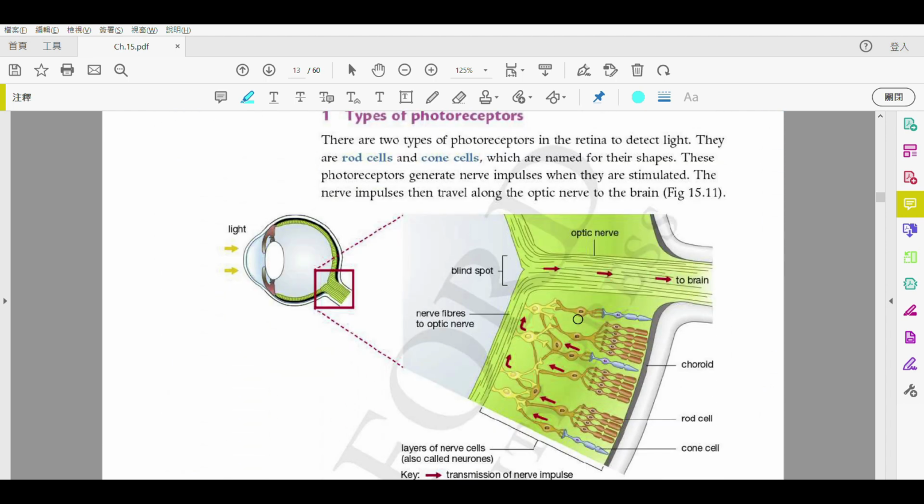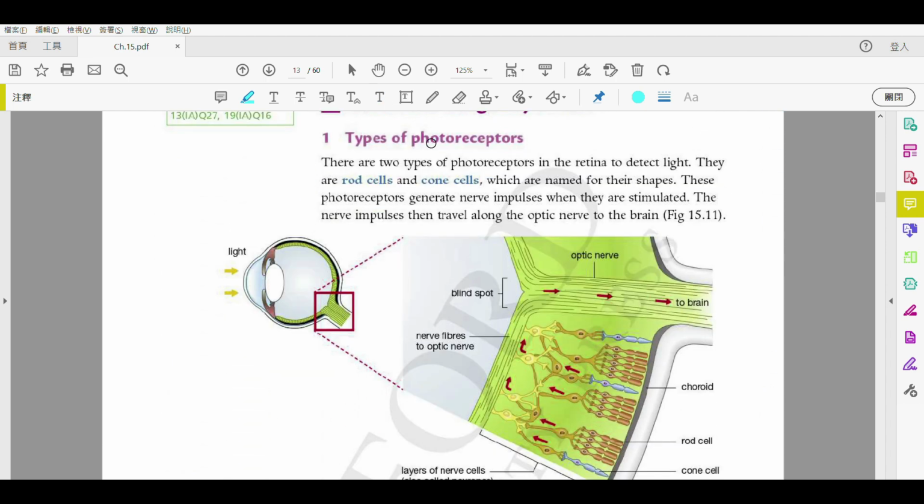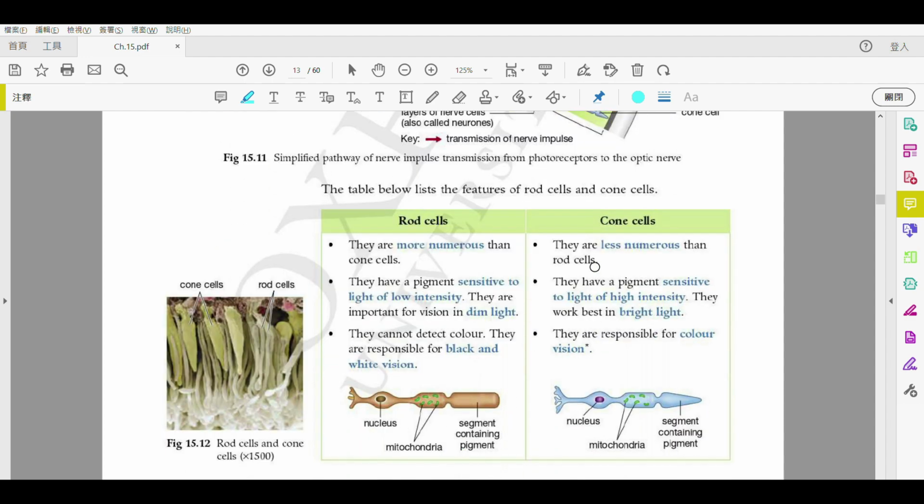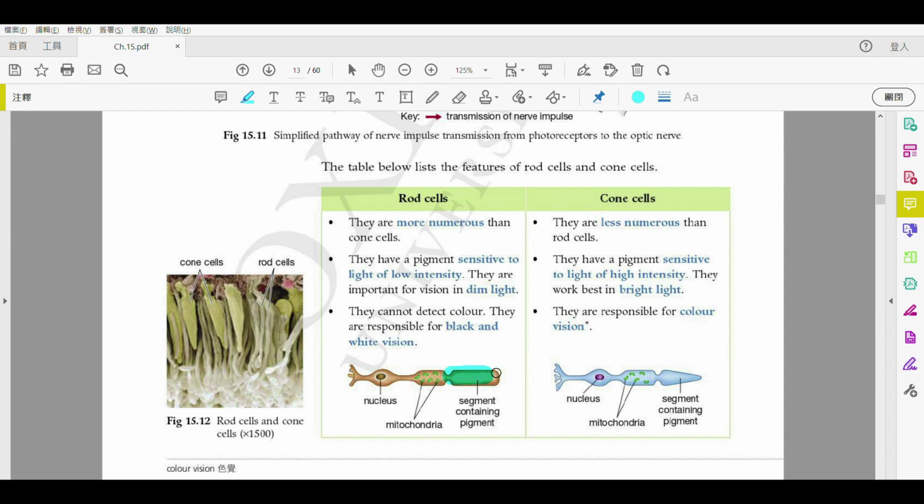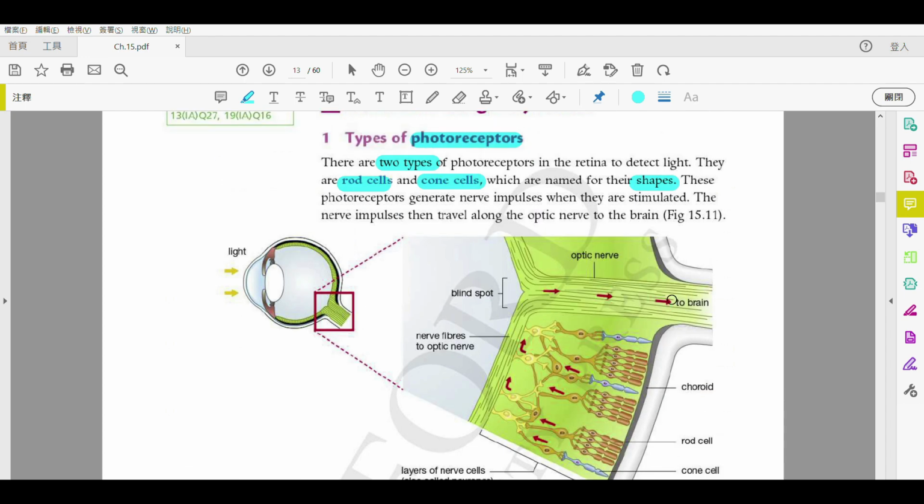we're going to talk details about the photoreceptors. So talking about the photoreceptors, again, there are two types. One of them is called the rod cell, and then the other one is called the cone cells. Because of their shapes. So we can look at this diagram below, and we can see very clearly. This one is a rod, 係一個柱體嚟嘅。This one is a cone, 係一個錐體嚟嘅。